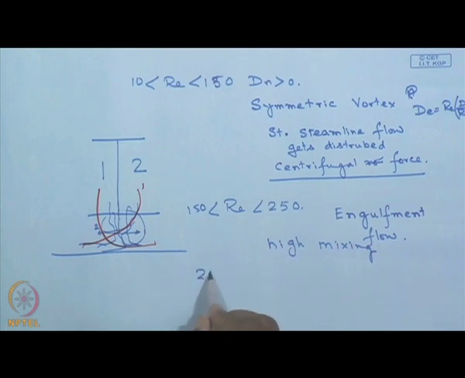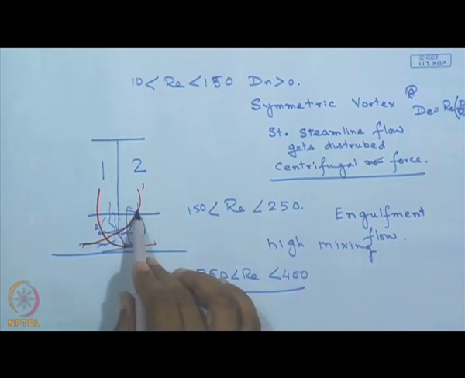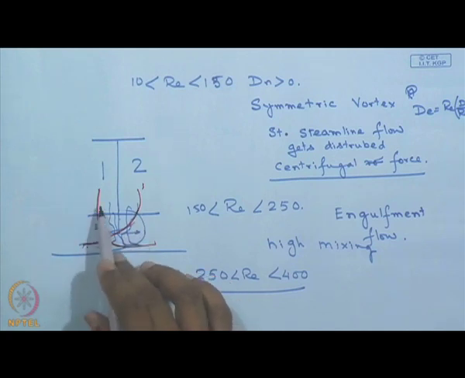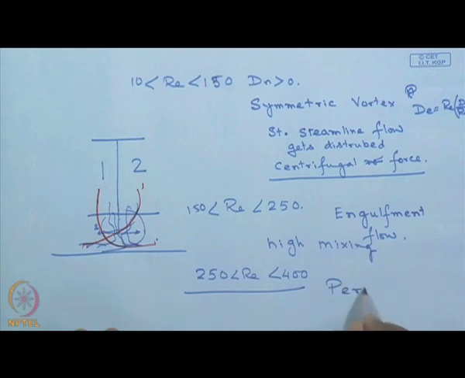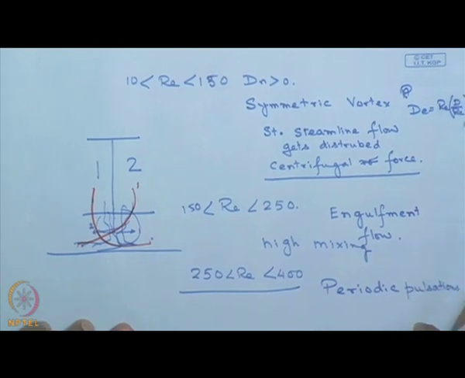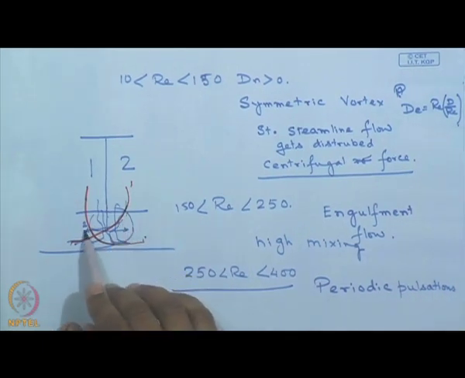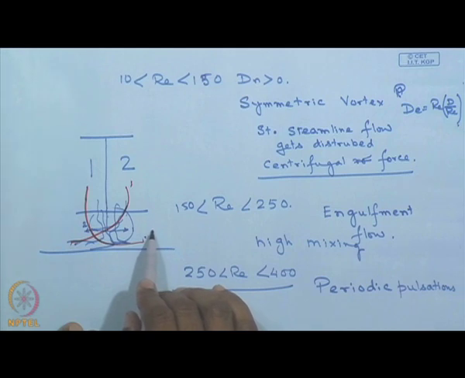For Reynolds number greater than 250 but less than 400, the situation becomes even more chaotic, and liquid two will not come to this side on a continuous basis, or liquid one will not move into this direction. Rather, we have periodic flows, periodic pulsations of the liquid column from one side to the other. So this pulsating flow has very good quality mixing,